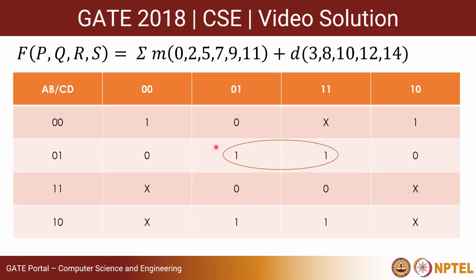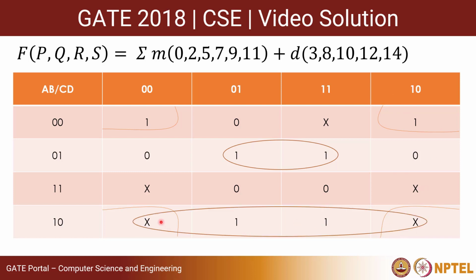Now let us come back to our solution. Now we are given four variables PQRS. I have written ABCD, 00, 01, 11, 10, and we try to form the maximum possible pair or octet depending on the definition of K-map. So one is this pair that we form. One is this quad that we can form using the corners, using the don't care terms, and one is this quad that we can form so that it covers these two